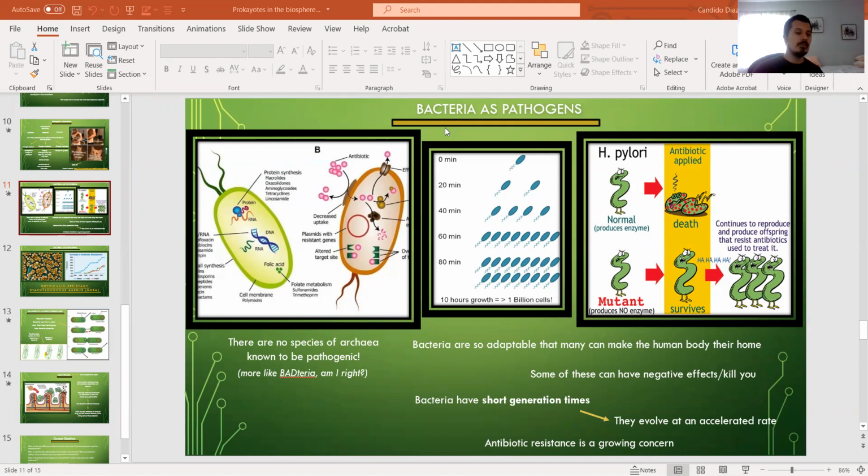You can have things such as malaria and different types of pathogens that can live in your blood, and you feel sick and you feel weak because those bacteria are making it so you can't produce the appropriate nutrients or sustain yourself with a proper amount of energy. And so, yeah, bacteria